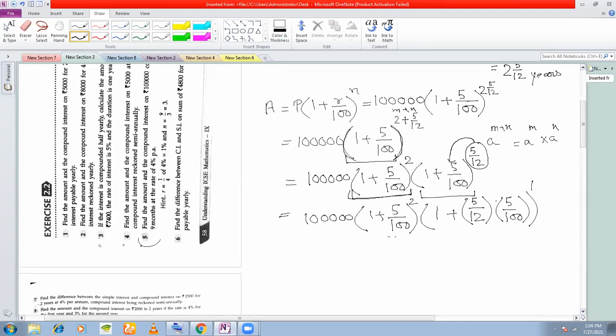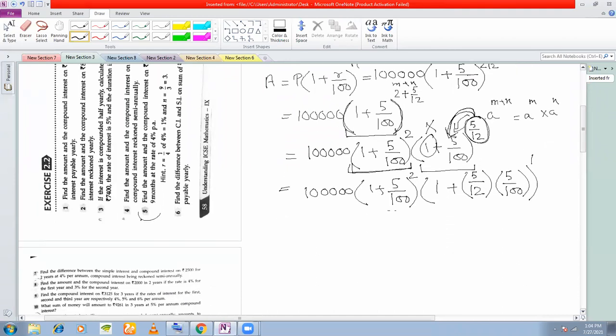You understood what I did? This is a technique. Why we are doing this, you will see in the higher classes, not now. For the time being, just know that if you have a fractional power like this, you can multiply the fractional power only with this, not with this, only with this. Is it clear?